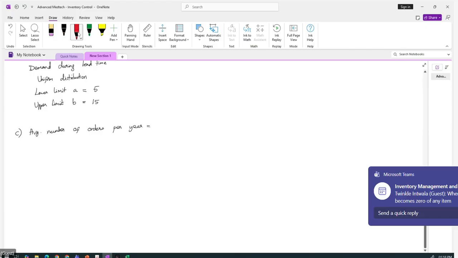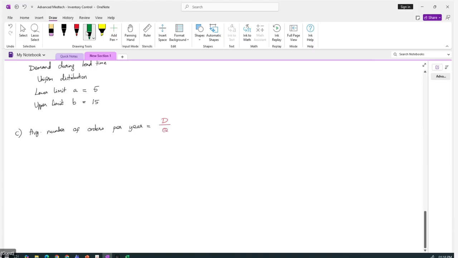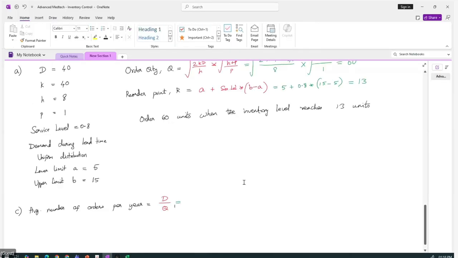It will be equal to D divided by Q. So in this context, everything we found was for a month. The monthly demand is 40, which means yearly demand will be multiplied by 12, divided by order quantity 60. So we are approximately talking about 8 orders per year,